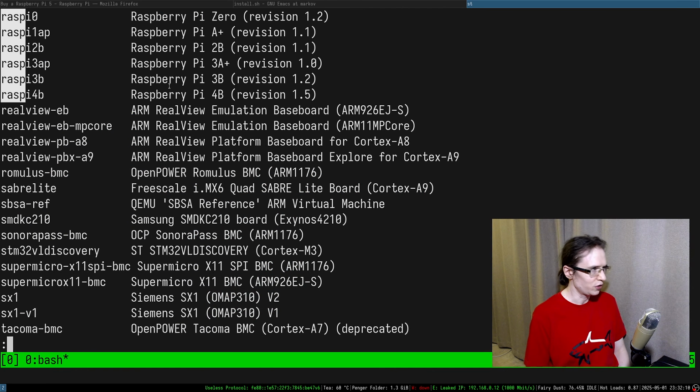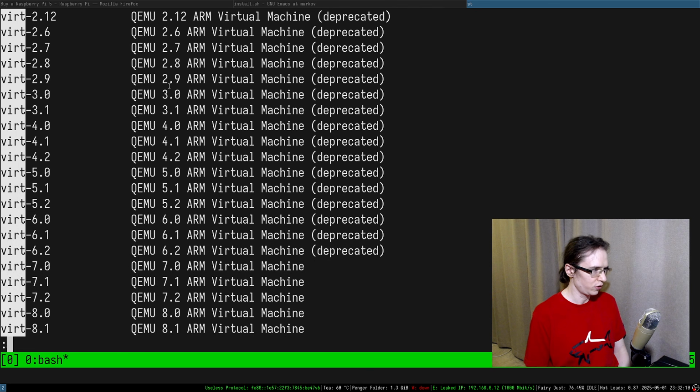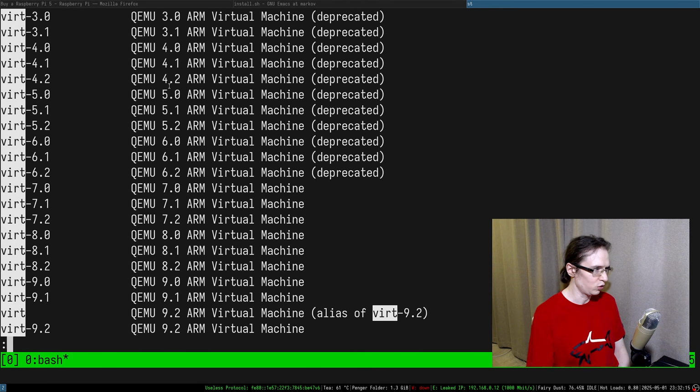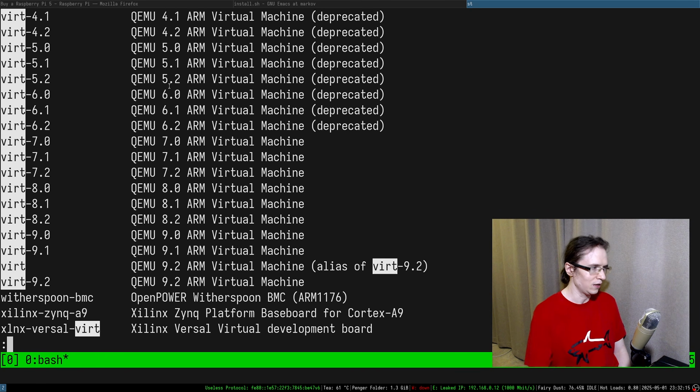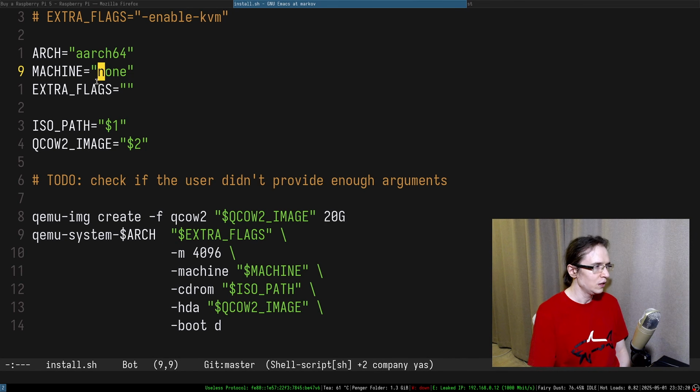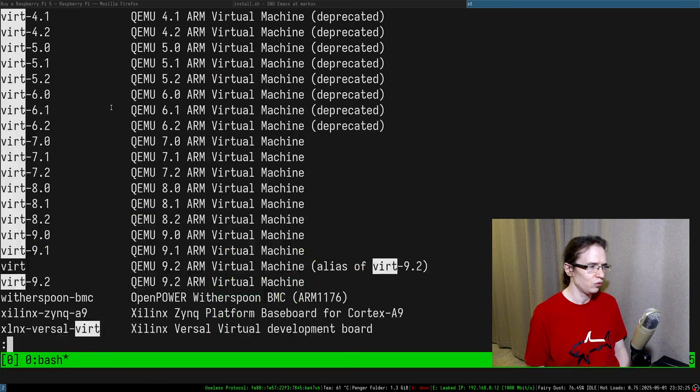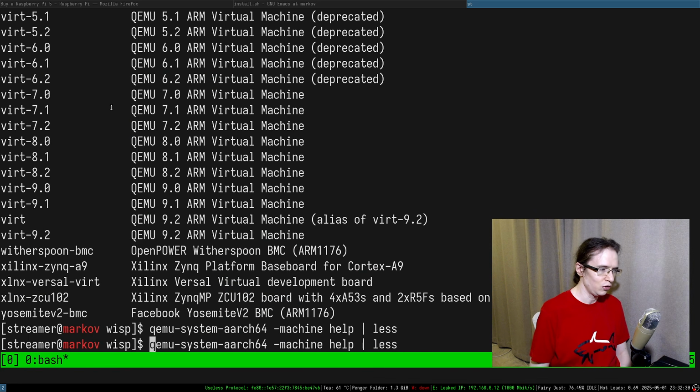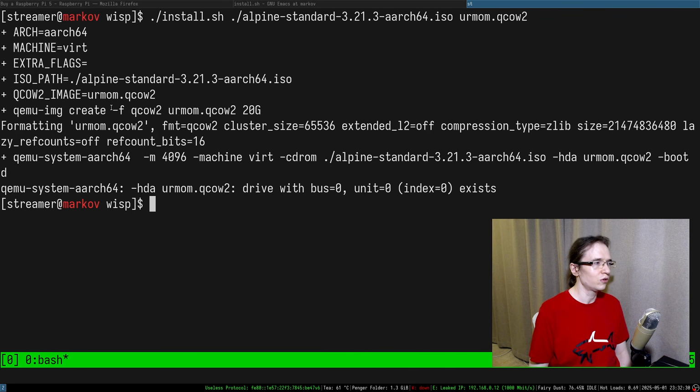People were saying to use Virt. So let's go ahead and try Virt, but let's try the latest one. It has an alias to the latest one. Okay, let's give Virt a try and see if it does anything useful. Let's do install.